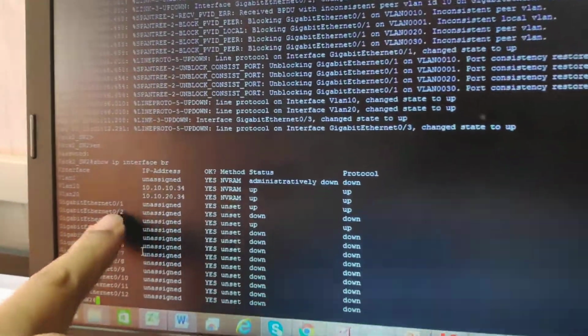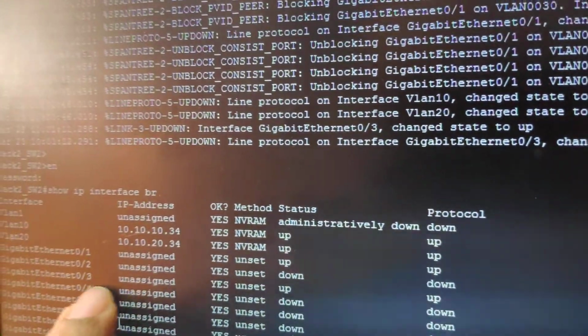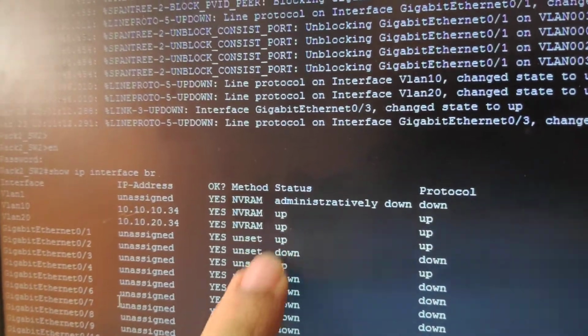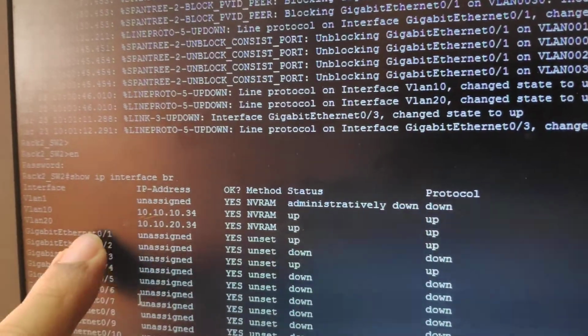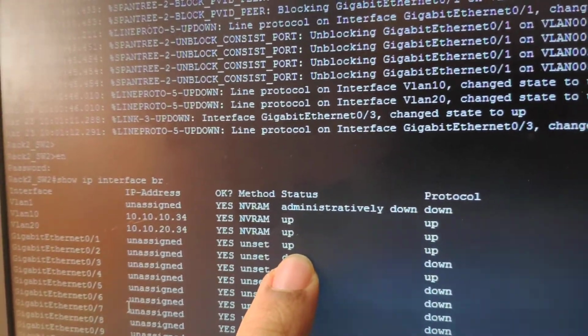Now you can see the ports which are up. You can see over here, up. That means port number 3 is in the up state, port number 1 is in the up state. Now what I will do is